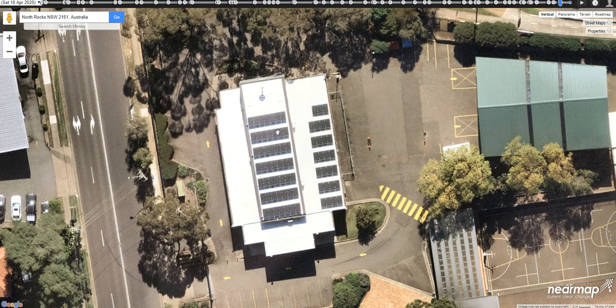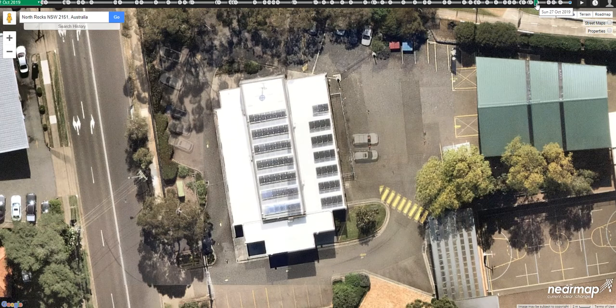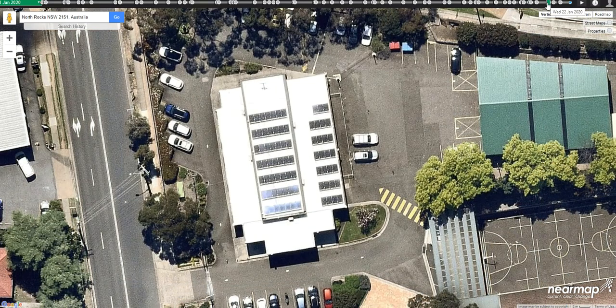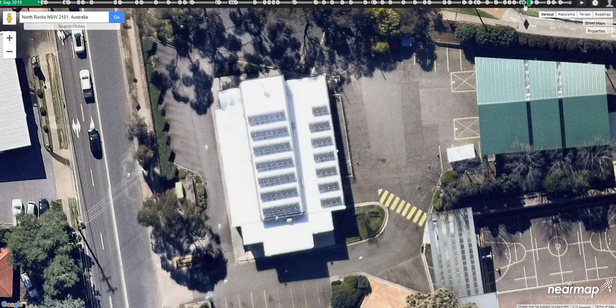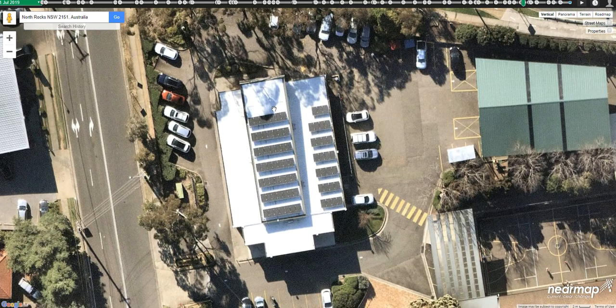It could be that in midwinter, like when we get to, let's see if we just go back a bit, how long they've been here. Yeah, there we go. Middle of winter, they're going to cop a tiny bit of shading, but it's almost inconsequential when you consider this is going to happen for just a few weeks of the year. Anyway,